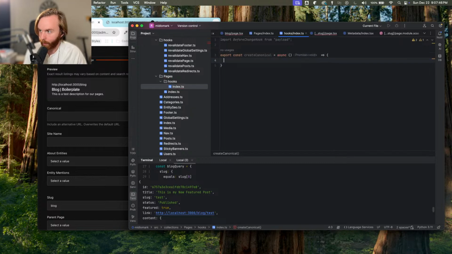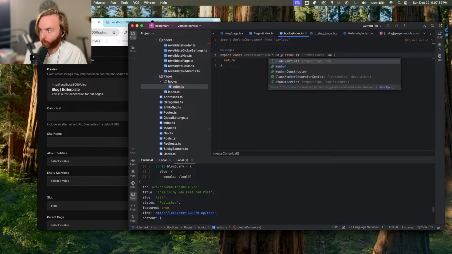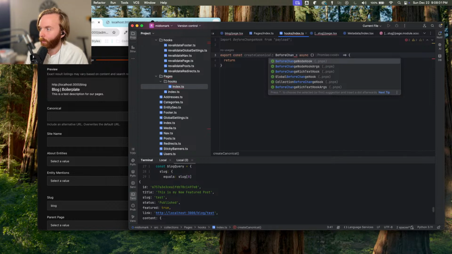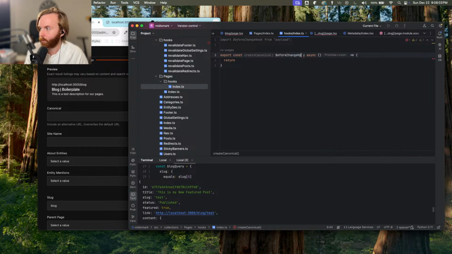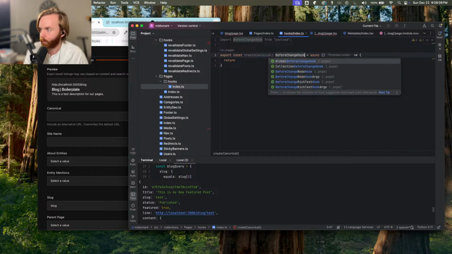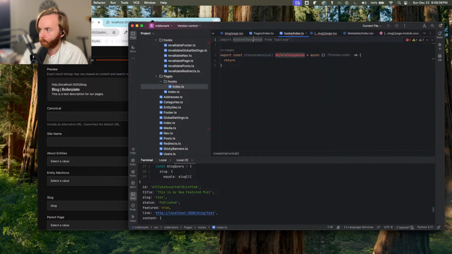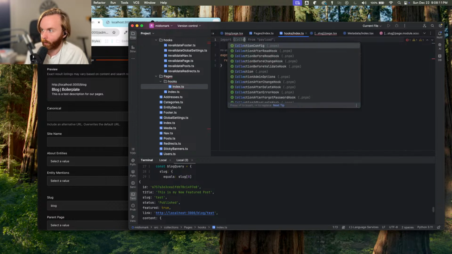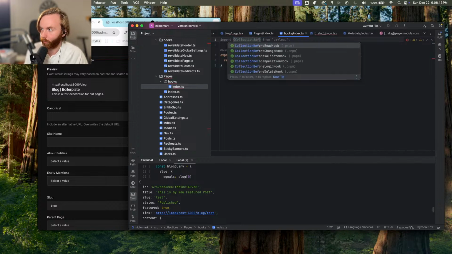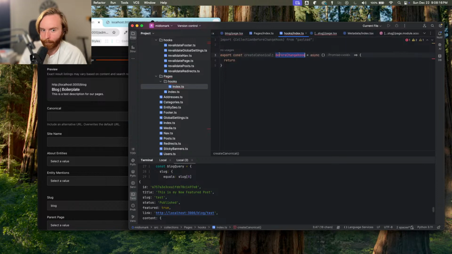We'll open that up, and we'll just have this return. So we come here. Let's set that to be before change hook. Can't spell hook. All right, so I think it needs to be a collection before change hook. My bad. Collection before change hook. And we're going to grab the data. And we're going to return